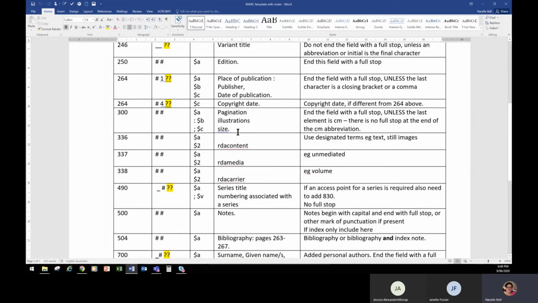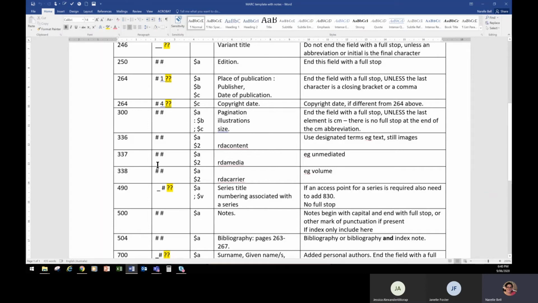The important thing here is that the field is supposed to end with a full stop, unless it ends with a cm, because cm is a symbol, not an acronym. So you don't put a full stop after cm. It's a really crazy rule as far as I'm concerned. If you're going to end the field with a full stop, then it doesn't really matter what precedes the full stop, does it? But anyway,